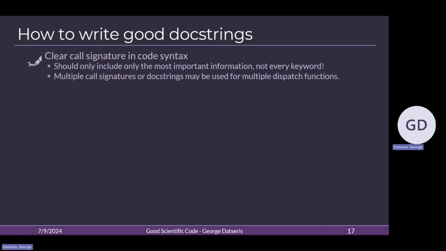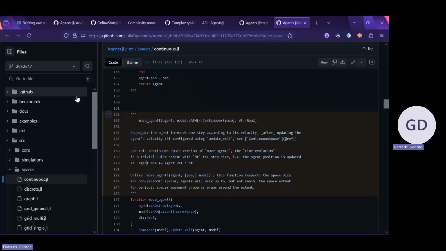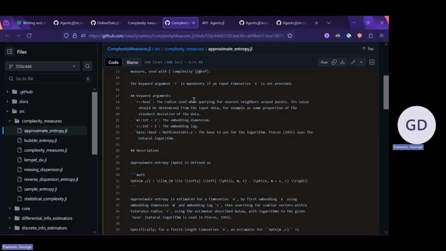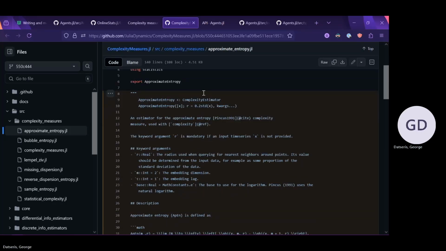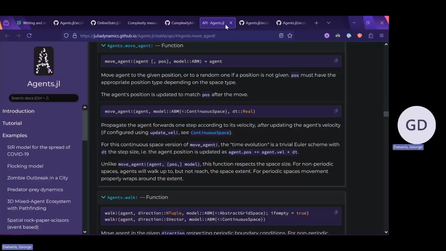Yes, please. I saw that for the abstract type in your function, you don't declare the type. Yes, so here I don't declare the type.